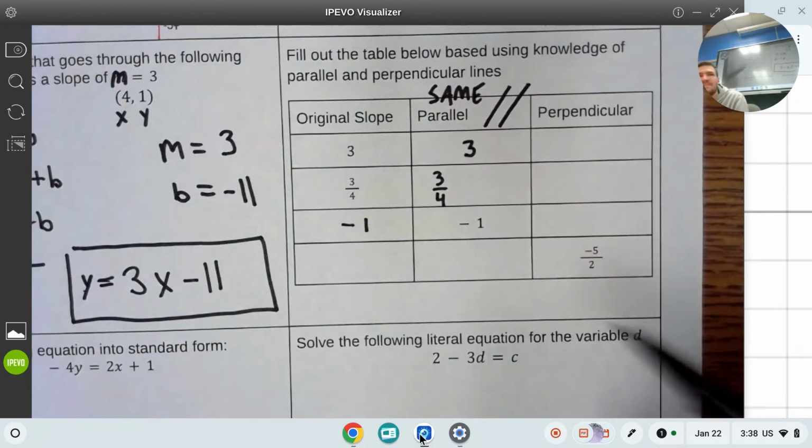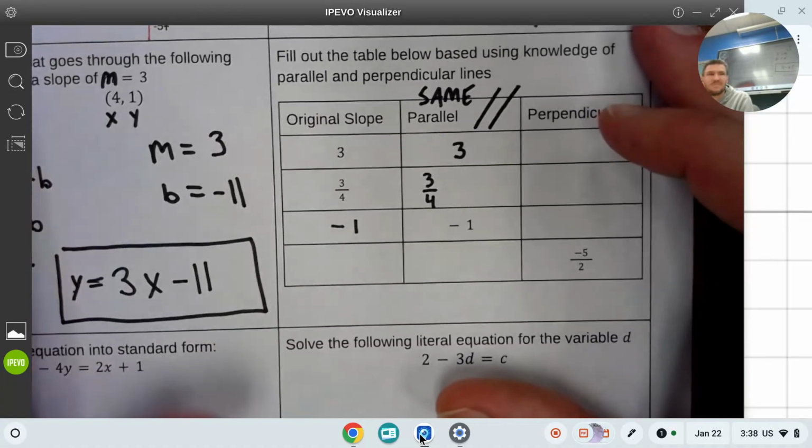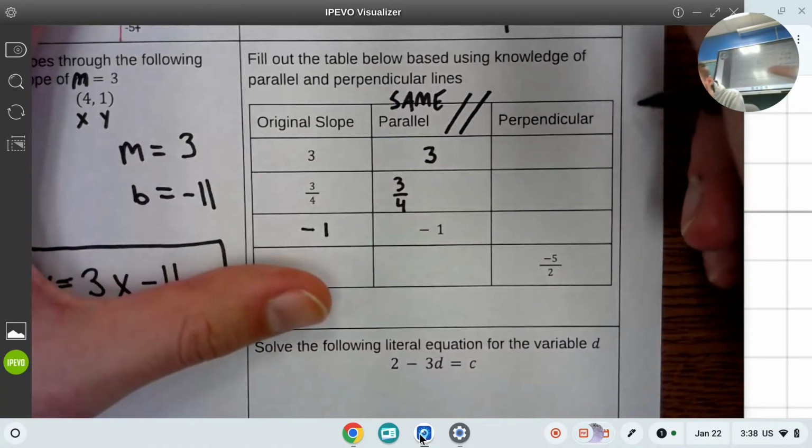Negative 1. Amir, you're having a little bit too much fun for the review, my dog. Relax for me. Now, the perpendicular